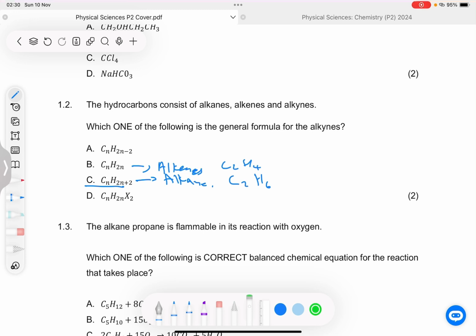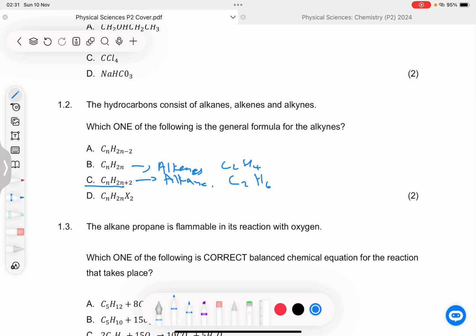In fact, that's how we identify saturated and unsaturated hydrocarbons. Saturated hydrocarbons have as many hydrogens as possible, and here you have fewer. The reason is because on the alkanes we have a single bond,